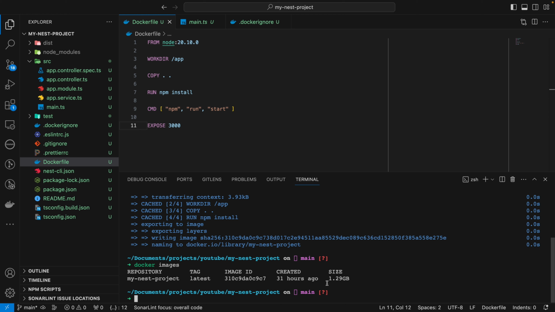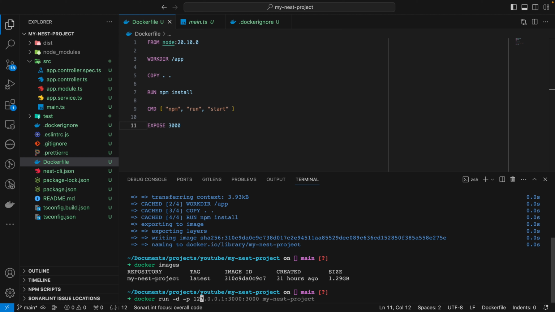We can write here in the terminal something like docker run to start a new container, -d. This is the detach flag. It makes our terminal free to run other commands. -p, which is the publish flag, and pay attention here because this is very important. It's like a bind between our local machine and the container.